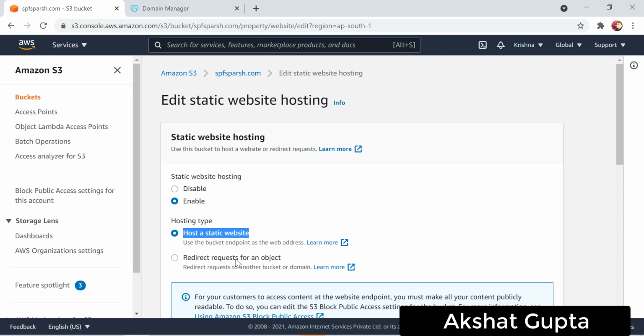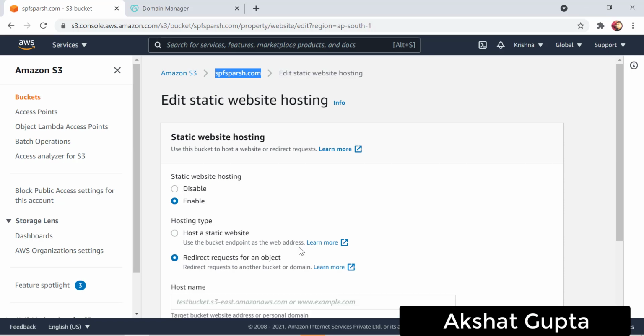Let's consider an example. Let's say whatever traffic is coming from HTTPS, or www.spfspurge.com, all of that traffic needs to be redirected to this particular bucket.